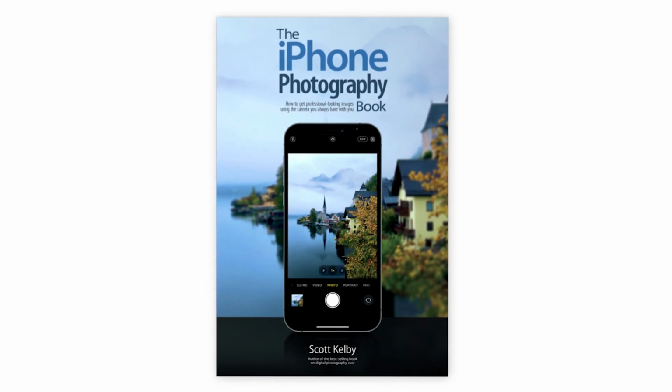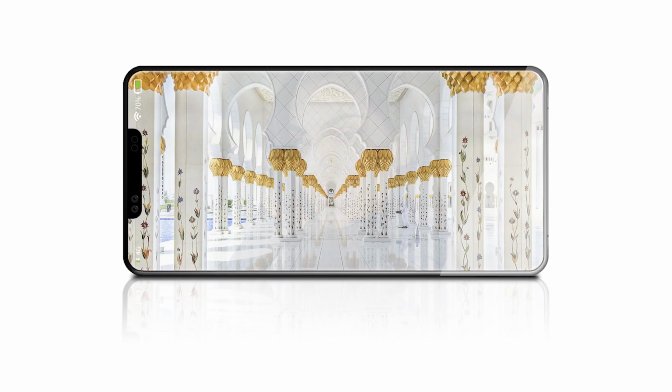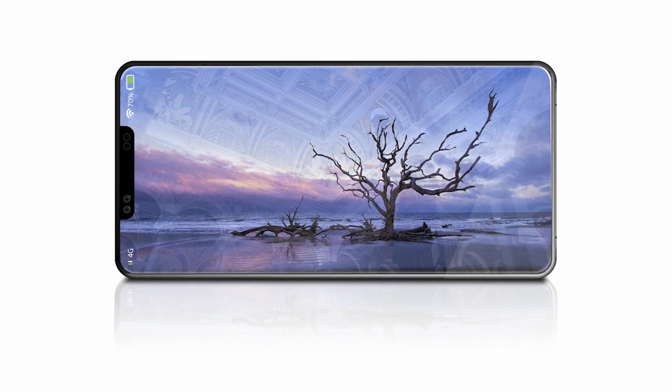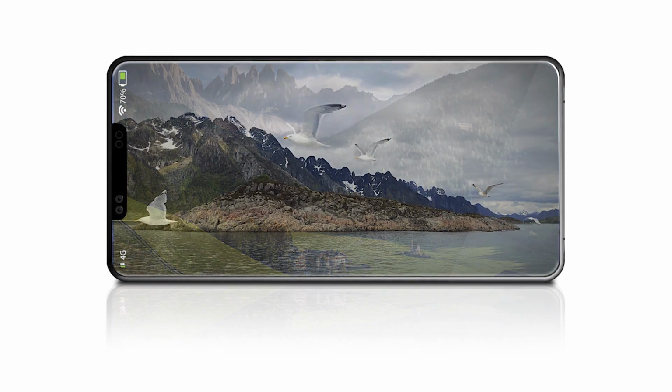You're going to learn exactly what the pros use to create those incredible images. And when people see your shots with the iPhone, they're going to go, I cannot believe you took these with your phone. But with the quality of the iPhone's camera and what they're doing with the iPhone software, you can absolutely take amazing pictures. In the book, I leave all the techno speak out, and instead I treat the whole